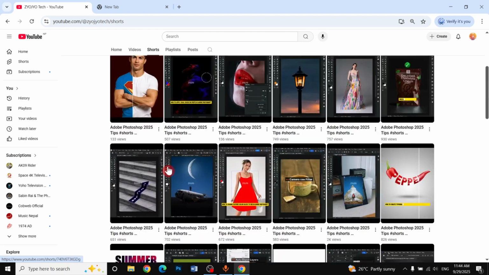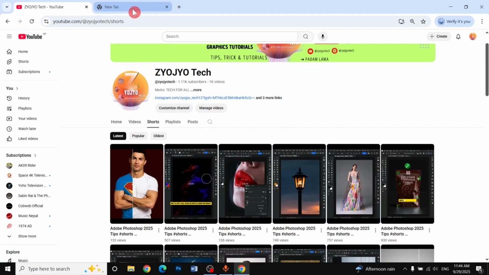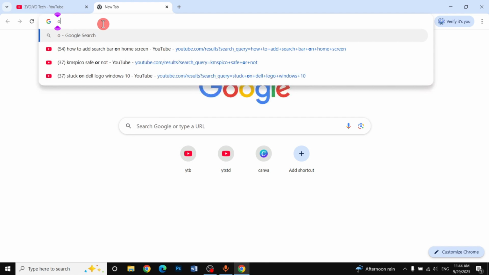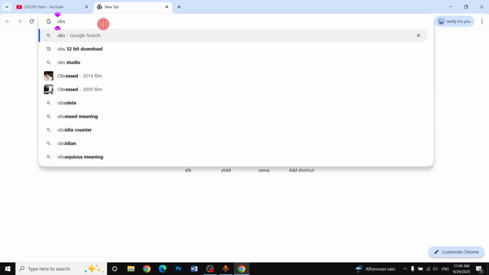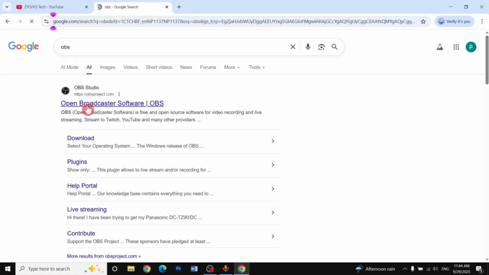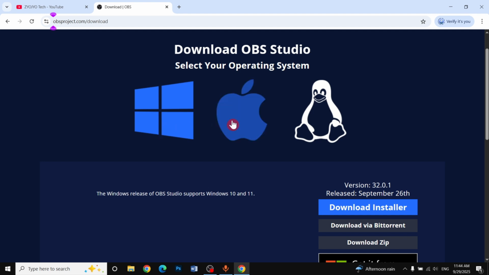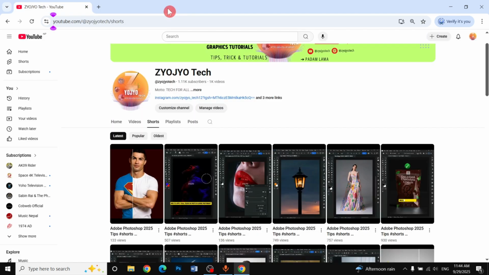Okay guys, first go to Chrome and connect to the internet. You must have OBS Studio. Type OBS, click, and then you can download OBS Studio from here. You can download it for Mac and for Windows also. After you download and install the OBS software,